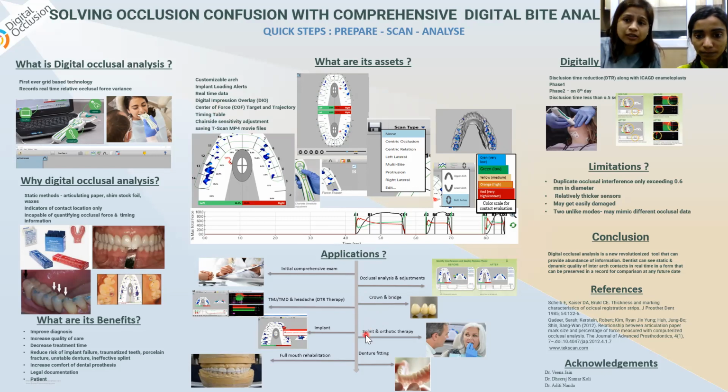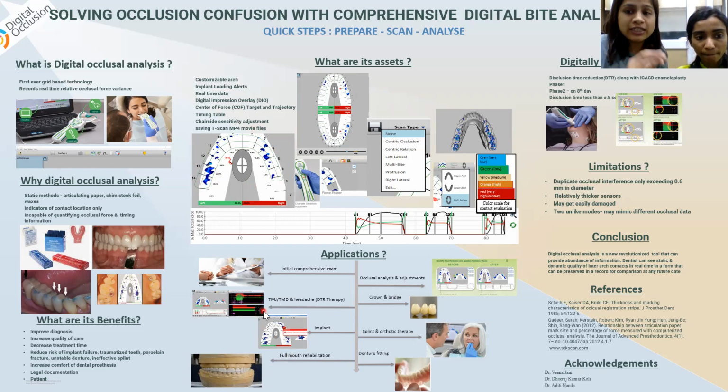It could be useful in splint and orthotic therapy before, during, and even after the treatment. It is useful for crowns, bridges, and veneers, where we can look for heavy contacts and remove them beforehand. It is useful for checking the quality of dentures by looking at the percent maximum bilateral force difference, which should be at least 50-50, but if not 50-50, at least 60-40. And we can look for the maximum occlusal contact, which should be as maximum as possible, and the maximum biting occlusal force, which should be more than 98%.